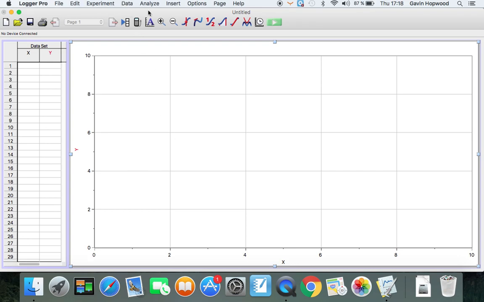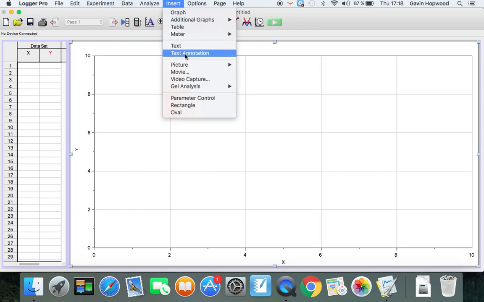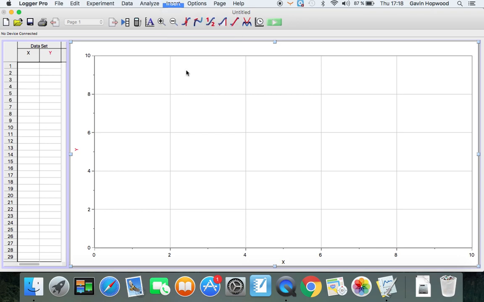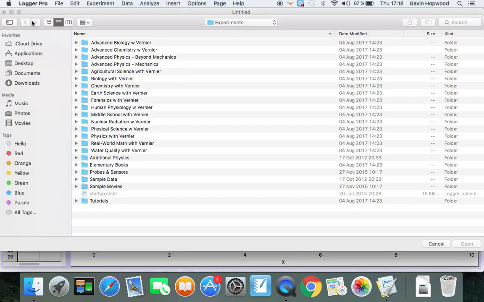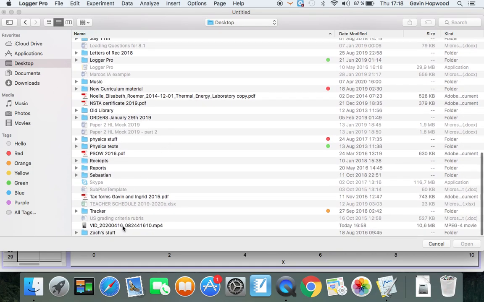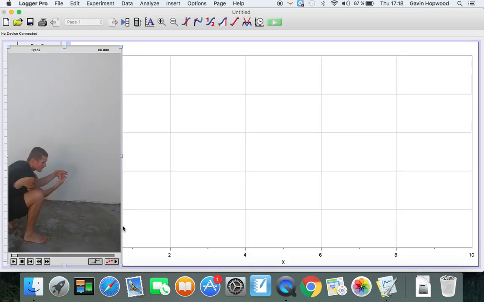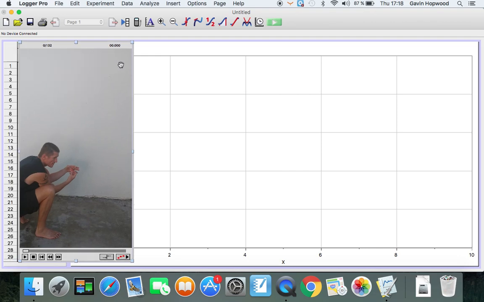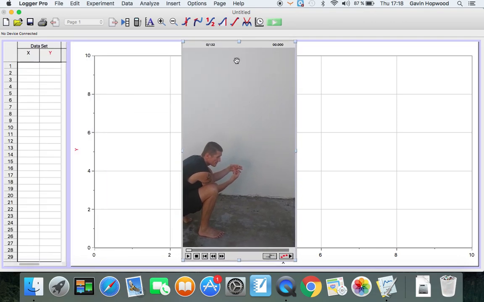So what I need to go and do first of all is I need to go and insert my movie. So I need to go up to insert, I need to go and get my movie, and I've stored my movie on my desktop. So hopefully if I go and find my movie, which I didn't give a proper name, go and put this in, there's my movie. Right. Now, your movie, if you've done it from a mobile phone, because most people are doing this on mobile phones as well,